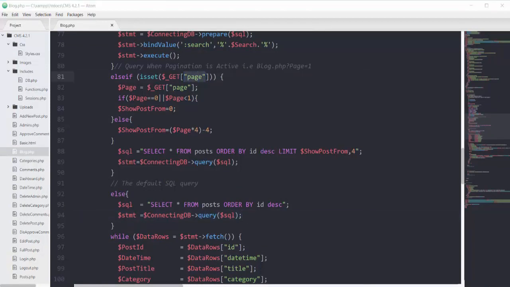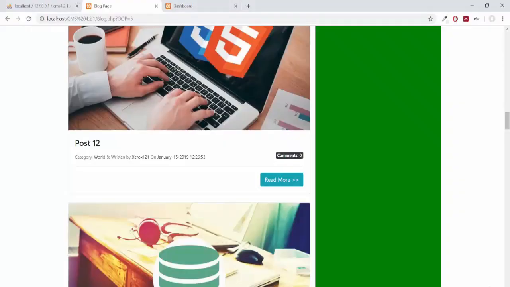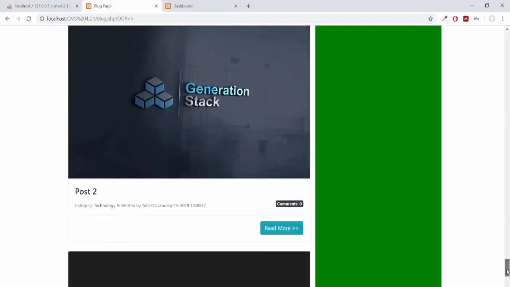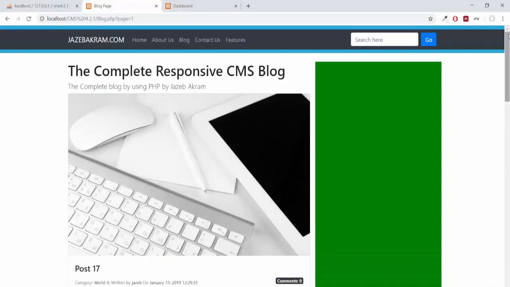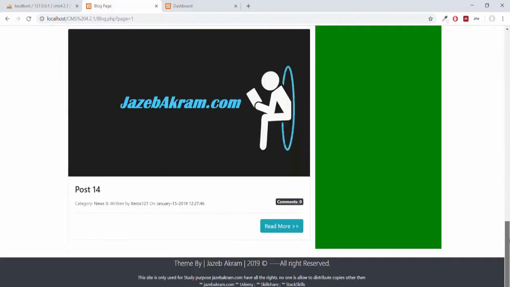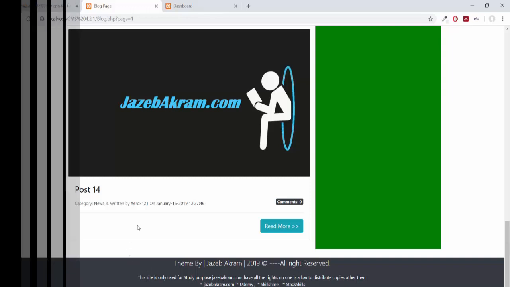So now in the next movie, we will add the pagination links at the end of our blog so that we can have a couple of links at the end of the page, because the user is not going to add the manual number here. He will click on the buttons at the bottom of the page to navigate around different posts. So we'll add our pagination links in our next movie.